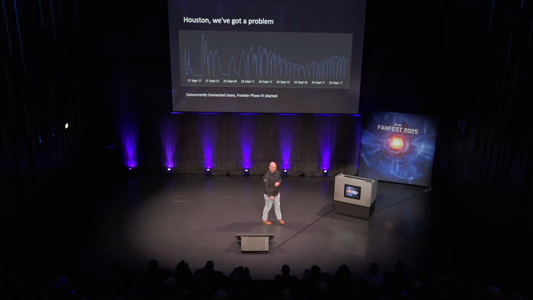That's the graph of concurrent connected users that we had in the playtest. This is not what it should look like. We opened the floodgates, and very quickly we noticed that about every 15 minutes a solenoid was dying, or rather locking up, which meant it missed its heartbeat, which meant the cluster said, oh, that node is dead, I'm gonna remove it. Some people got disconnected, but that then had a nice trickle-on effect, and everyone kept getting disconnected the whole time. So we had to restart the server like every hour.